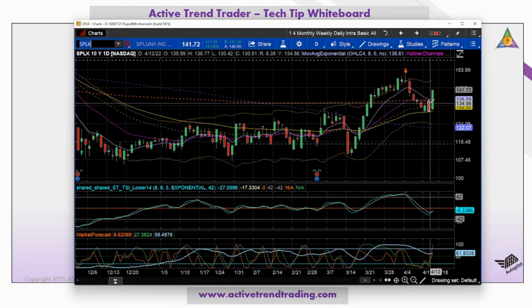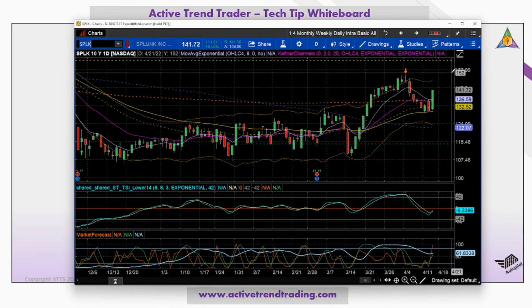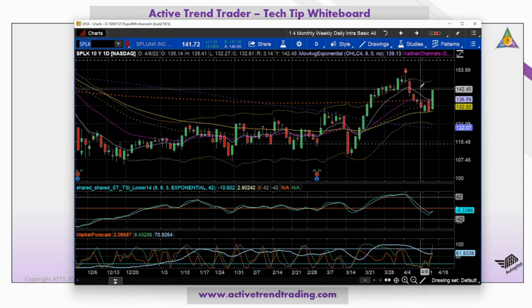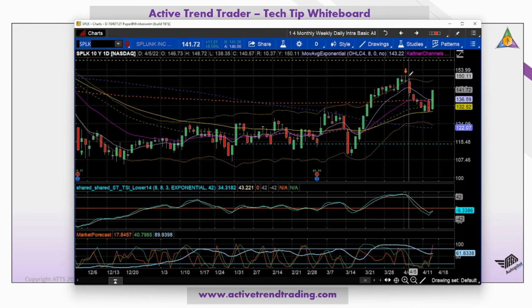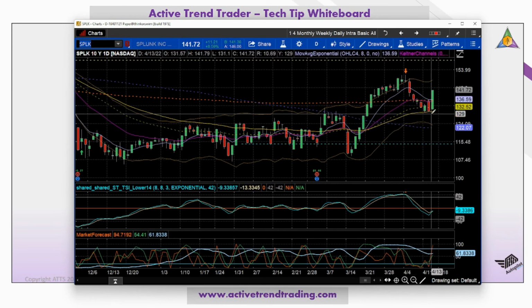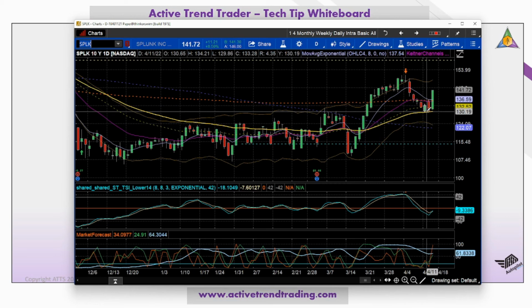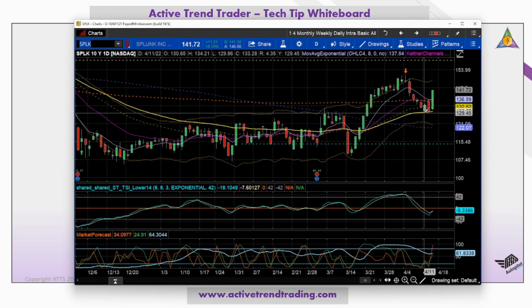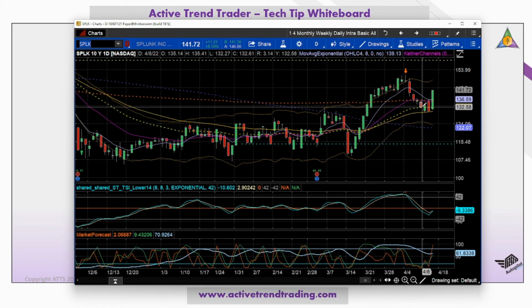But this may be going back into a strong move up, and its upside trajectory is up to this high here, 150. But then you can take the low here to the high here, project it from here with the Fibonacci extensions to get the second piece of the high, which is a symmetric run from here to here, but it would start here. That's your next logical,